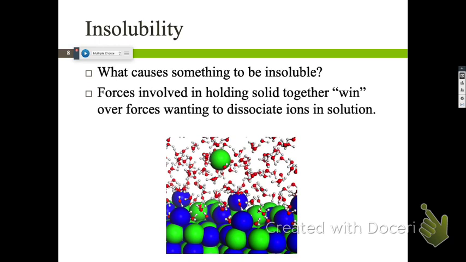Okay, so we're kind of combining a couple different things. So you said there's a lot of soluble things, so maybe two-thirds of the table is soluble. All right, so that's good. Which ones specifically are soluble more of the time than not, or in more combinations than not? What trends do you see with those? Let's talk about the cations first, maybe. The positively charged ones. What trends do we have with those? Which ones are almost always soluble?